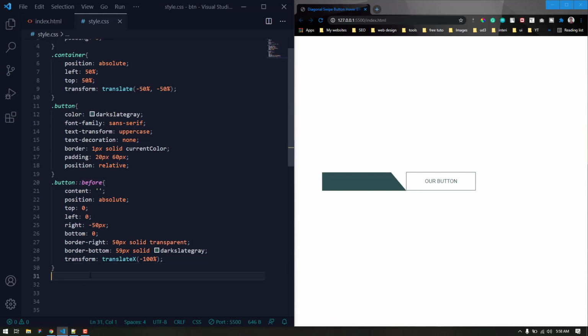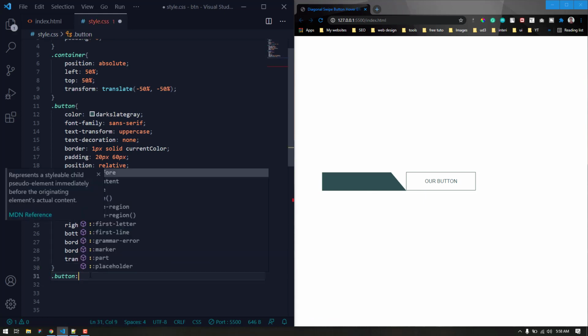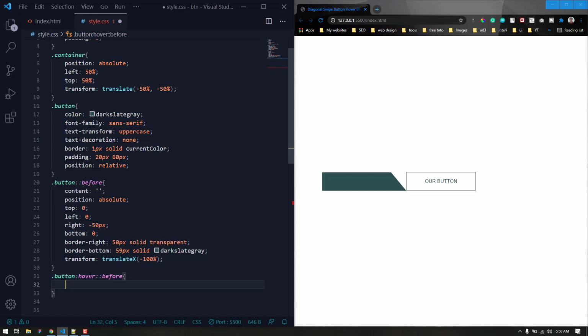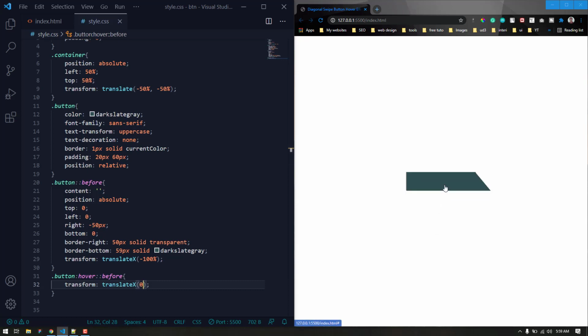So when we hover on the button, the effect will be applied on the before, right? So for the before, we need to copy this. When we hover on that, we need the transform translateX to be 0. Let's save, and as you can see, it is working just fine.